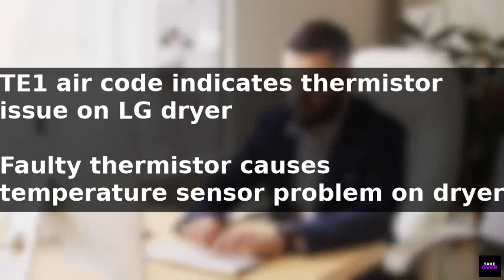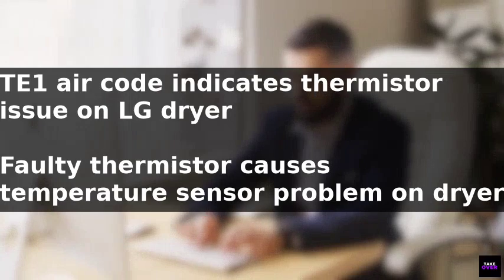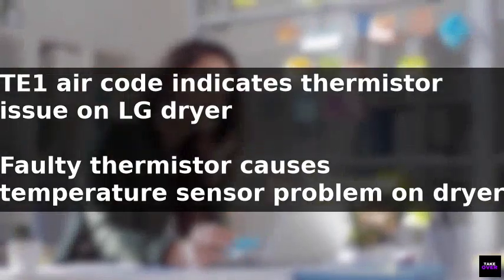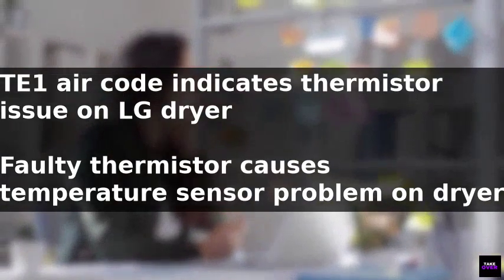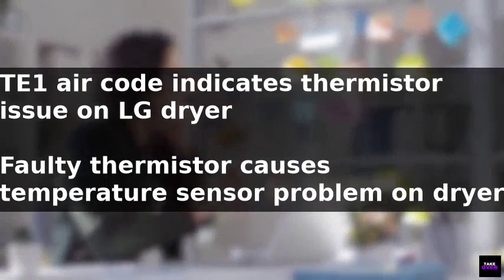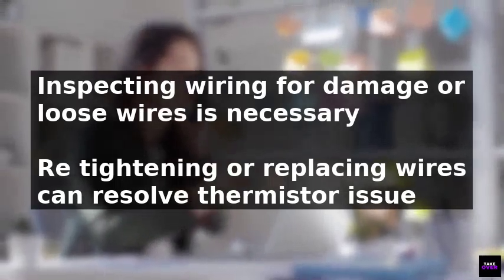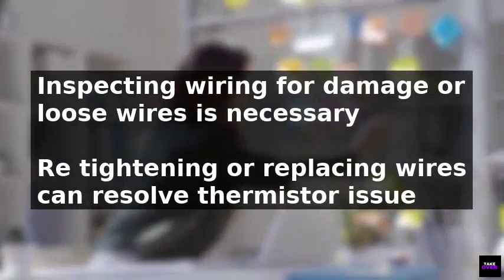The TE1 error code on an LG dryer indicates a problem with the temperature sensor, specifically a thermistor issue. This fault can be caused by a faulty thermistor, issues with the wiring, or a problem with the control board. To resolve the issue, it is recommended to start by inspecting the wiring, checking for any damaged or loose wires